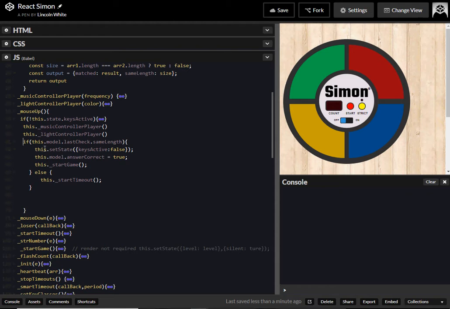It's got the result of the check on the last key press, and what it's saying is, if that last check is the same length, we already know it's correct. Then it's going to set the keys active to false. It's going to set the answer to correct, and it's going to start the game. If it's false, or if it's not true, then it's just going to start the timeout. So you have to put more keys in. Okay, now that we put those two lines in,